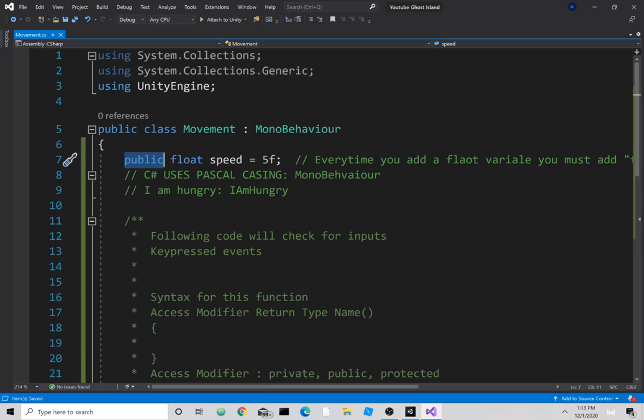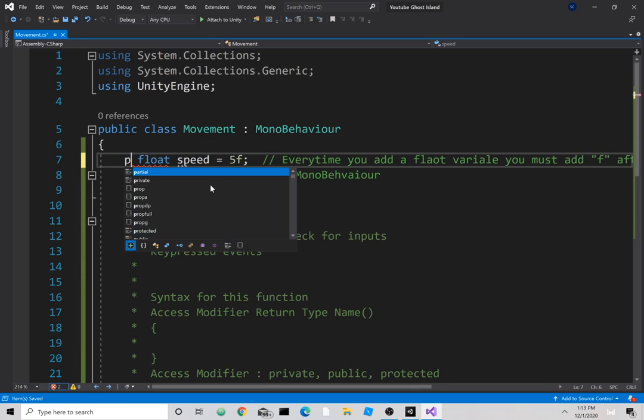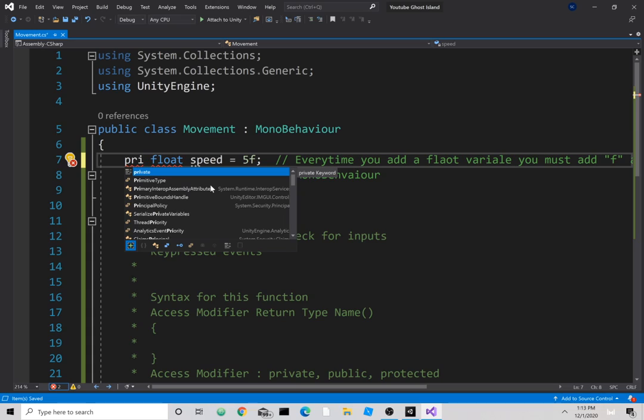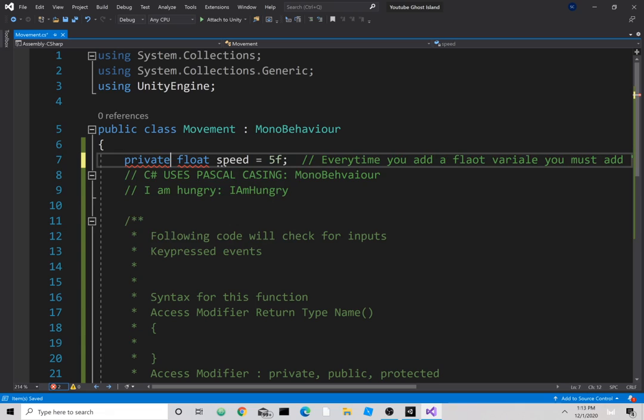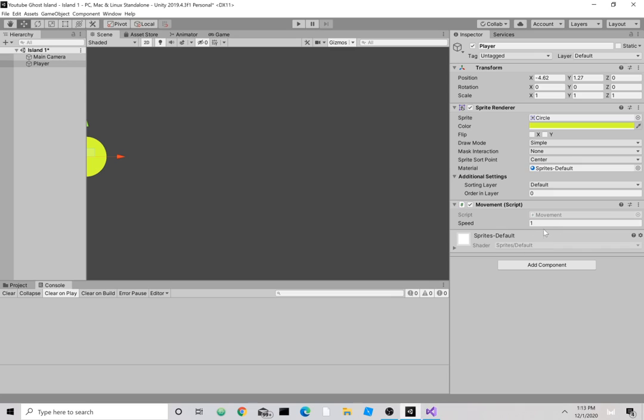But if you don't want others to have direct access, for example, going back to the example of movement and attacking, if you don't want other programmers to have access to your speed variable, but you want your designer to have access here. Okay, so if I just make it private,